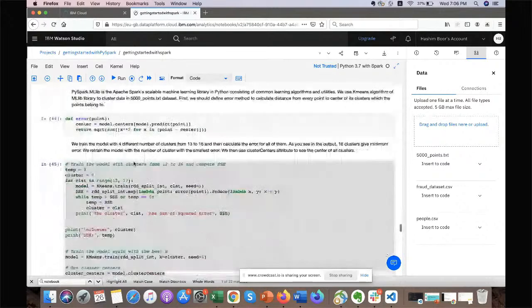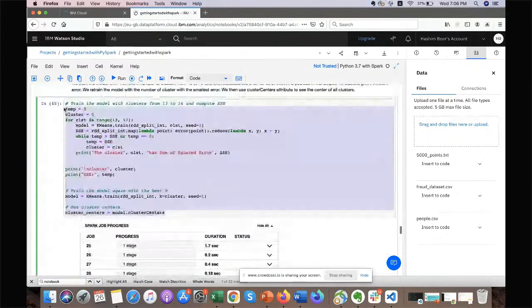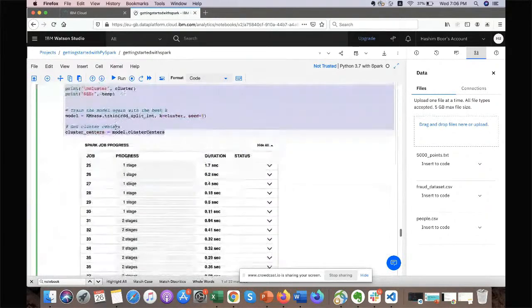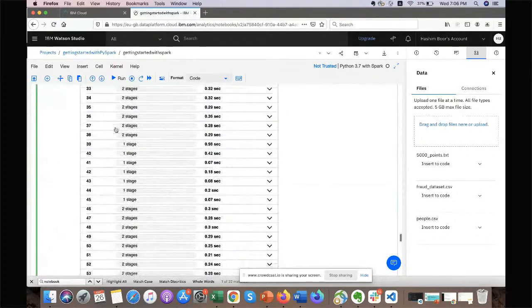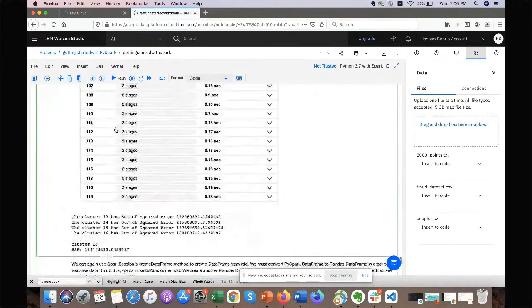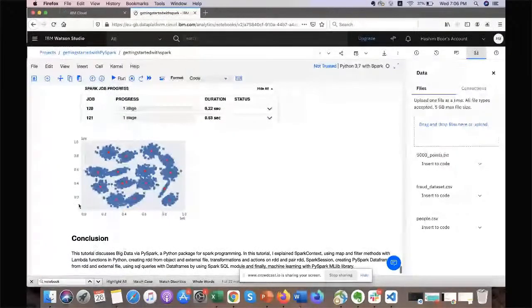Once we run the clustering algorithm over here, we'll get the final output, which looks a little bit like this. We had all of these numbers mapped onto a graphical representation,